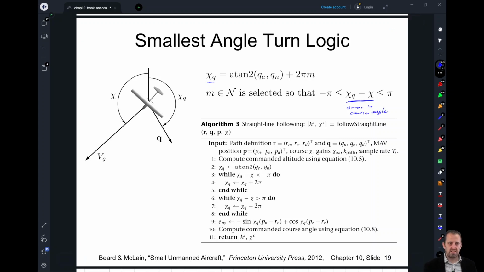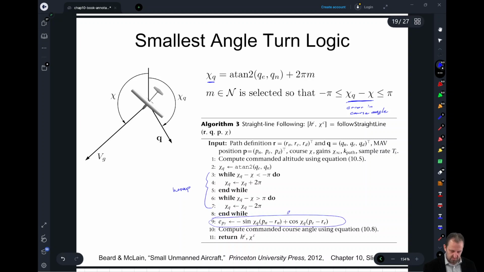This has to be between negative pi and pi. Otherwise, we'll end up moving in the wrong direction. Not that it won't converge, but you might take a really long loop to get around. The book goes into that in a little more detail. This algorithm is just our wrapping function. So we're just wrapping that error,